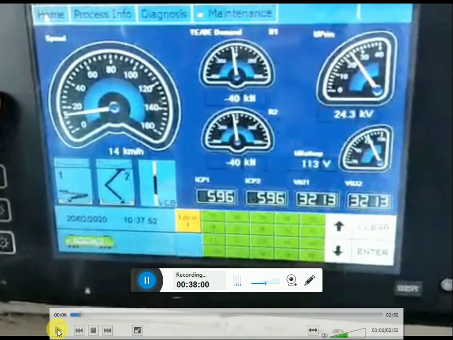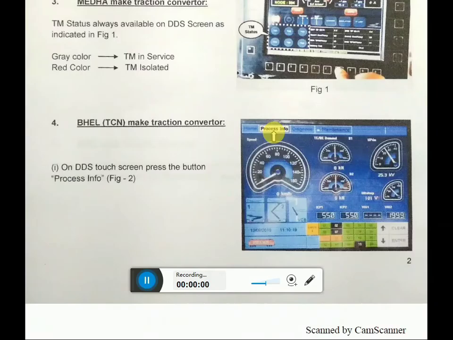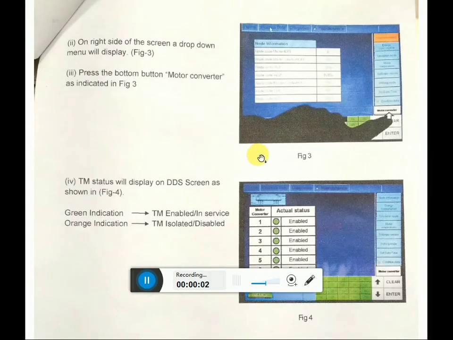Process information and diagnosis icons, we can read entire the screen. BHL make screen. So we can see here BHL make TCN communication touch screen.